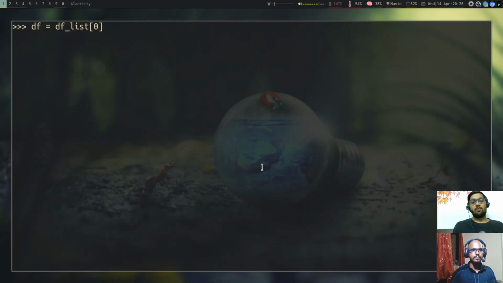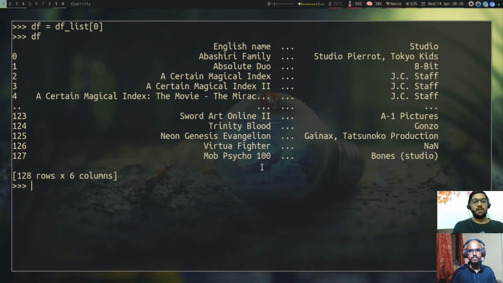Instead of fetching it from the URL, this time we just fetched from the file, and now we will check the exact df by taking it into a variable. Here you can see we have the df. Now we can write this to CSV again, or if we want, we can write to a spreadsheet as well. So let's try writing it to CSV first, then we will write to Excel, or spreadsheet to be precise.